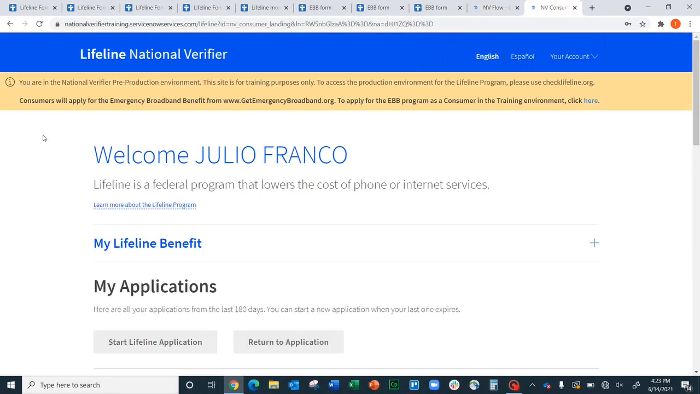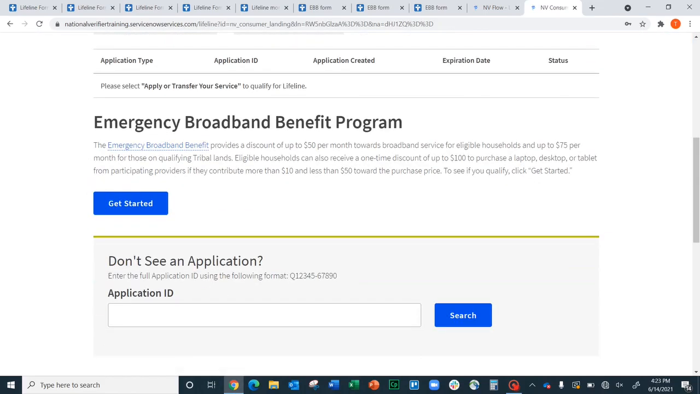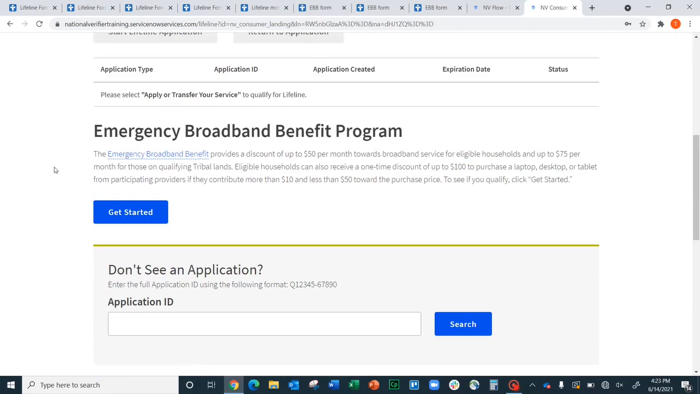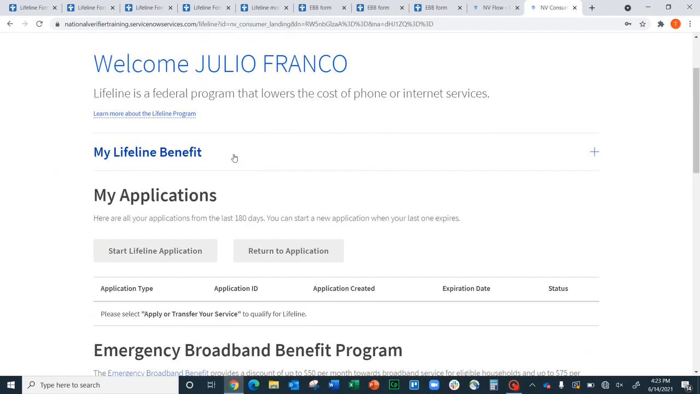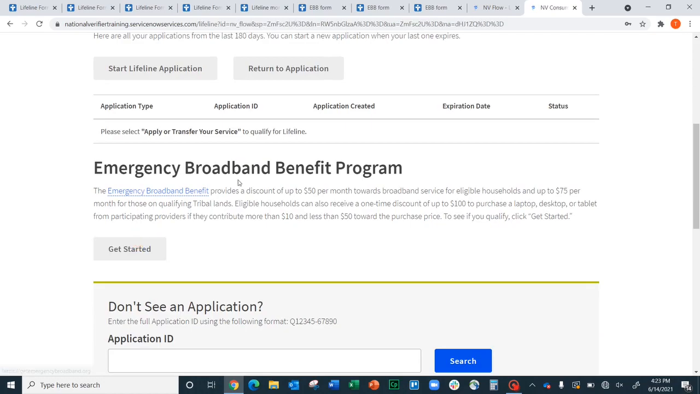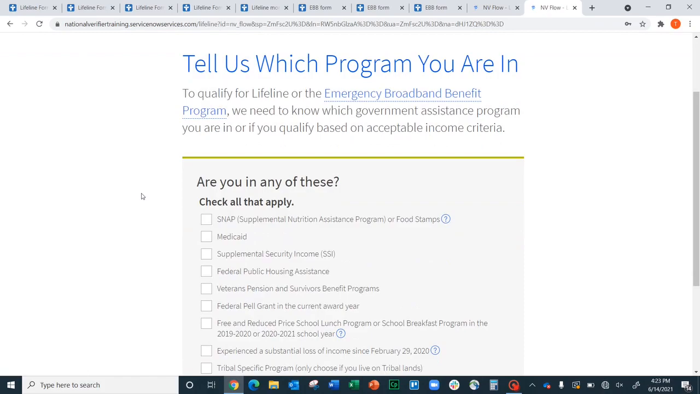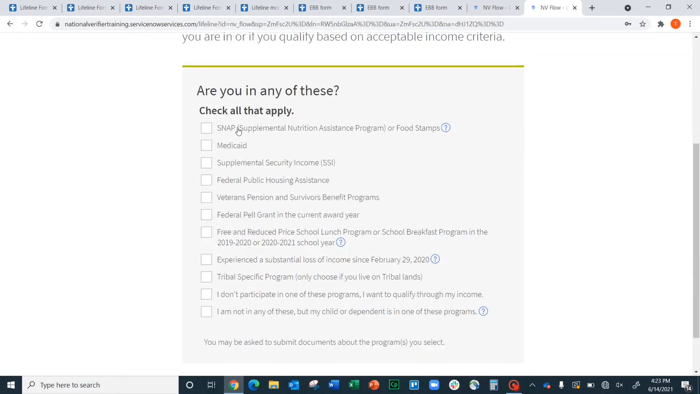So from this dashboard, you will see there is a Lifeline section and then an Emergency Broadband Benefits section. Since you already completed your Lifeline application with us, you do not need to complete the Lifeline section in National Verifier. What you would do is scroll down and get started under the Emergency Broadband Benefits program. So this section is going to be similar to your TruConnect application where you would select your method of eligibility, and then if you are asked to provide proof of eligibility, you would need to upload proof of eligibility and